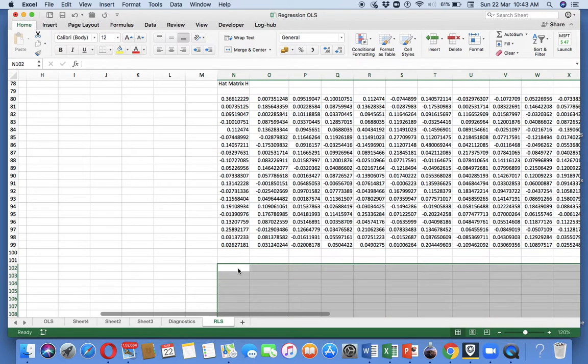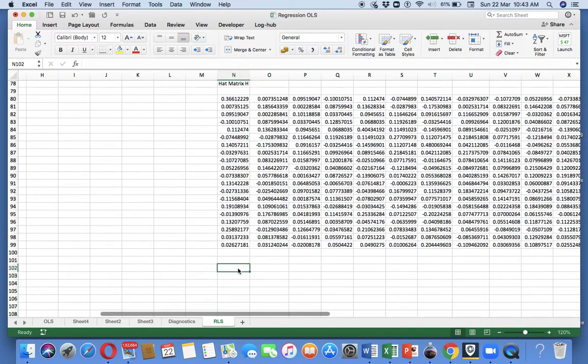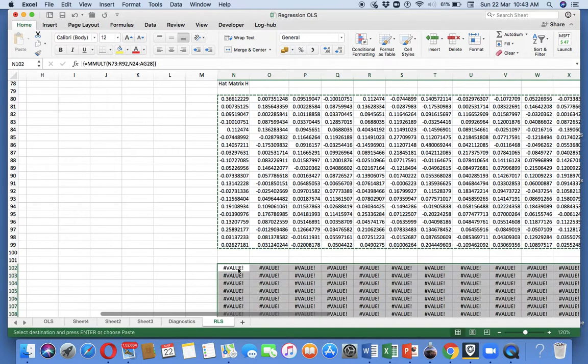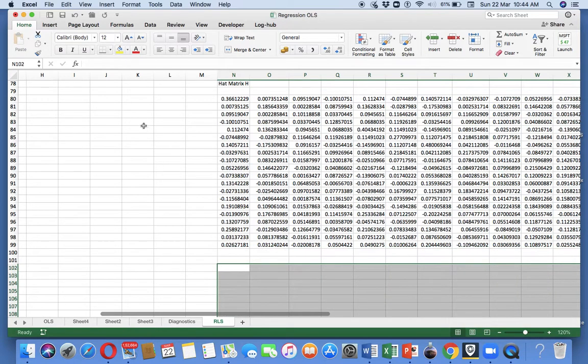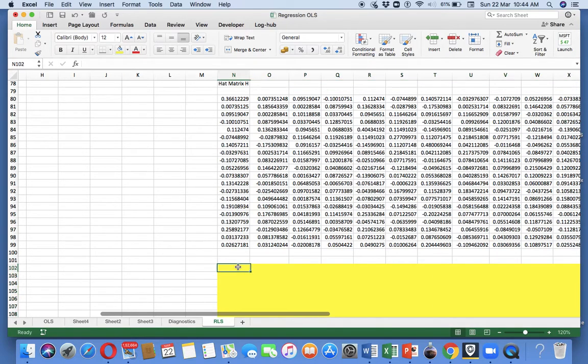And now I'll create an identity matrix, and change the color so that I can identify the matrix. An identity matrix is one with only ones in the diagonal: 1, 1, 1, 1, 1, 1.